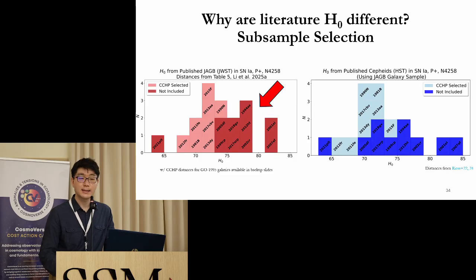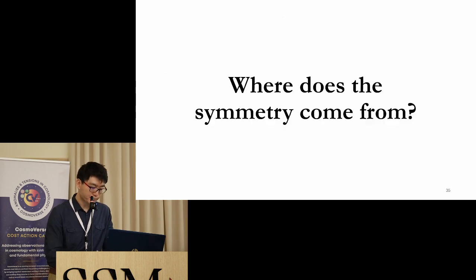On the right here I'm showing the same plot, same histogram, but now using Cepheids to calibrate the type 1a supernovae. And we see that there is a similar trend. In the light blue, the type 1a supernovae from the GEO 1995 program do tend to lie on the lower H0 side. But of course, if you had included the full sample that's available, that would yield an H0 that's a little higher. And so one of the questions that you might have is, where does this asymmetry in the